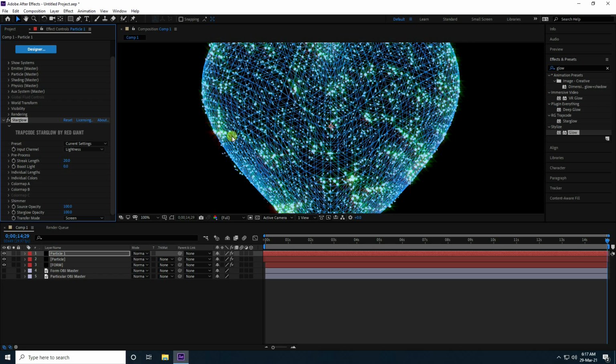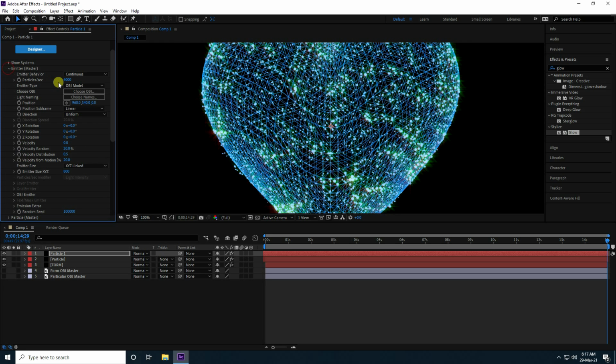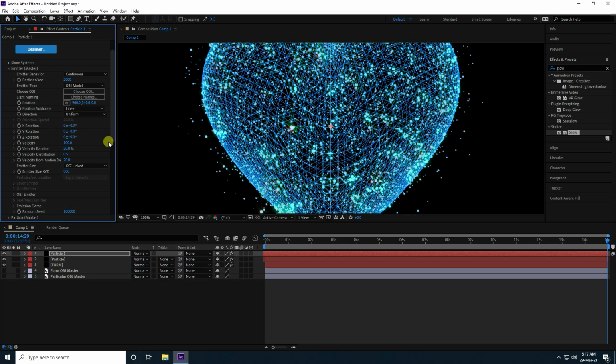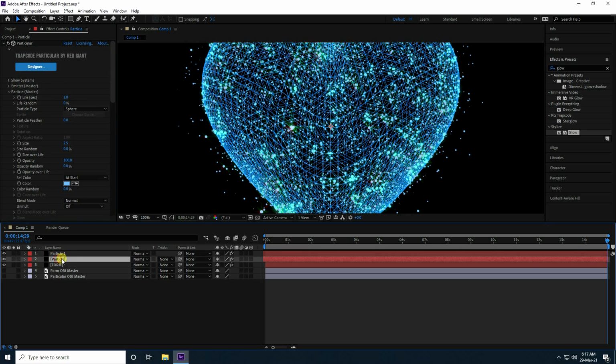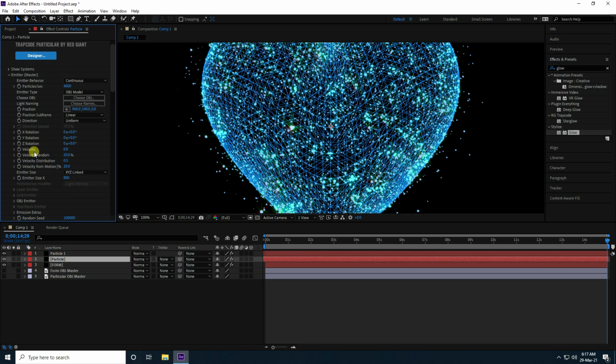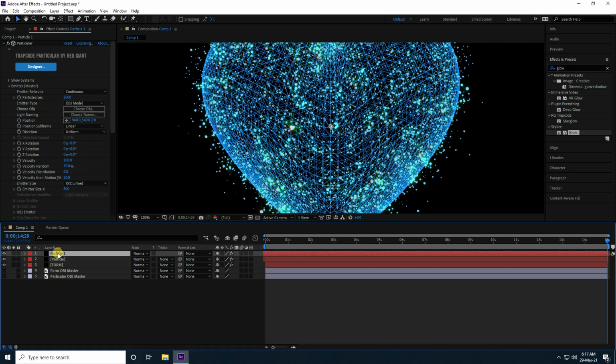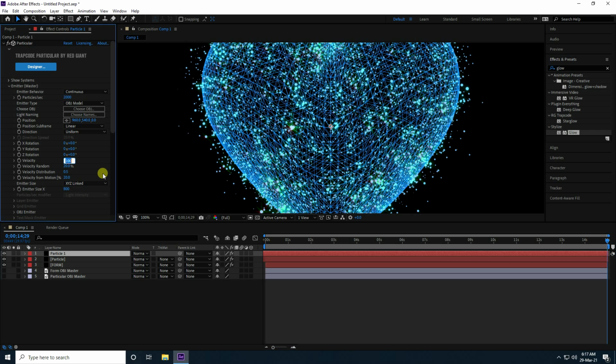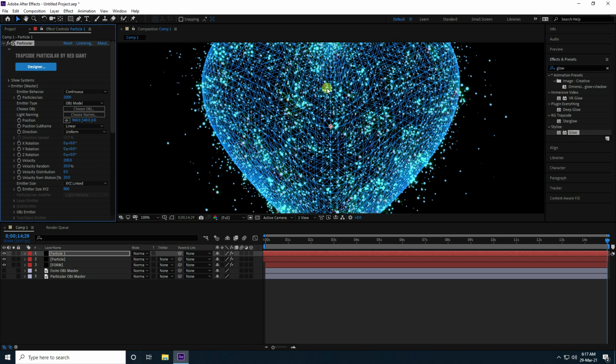And I go to Emitter, particles like 2000 and velocity I like 100. Select this first particle and this time velocity like 50. And select Particle 1 and velocity I like 100. And guys you can increase more like 200, depending on your work. Yeah, 200 is also good.